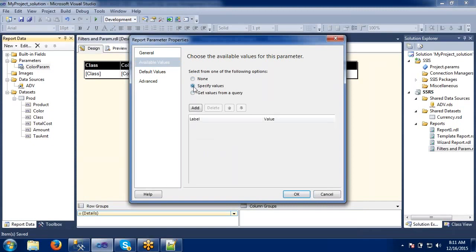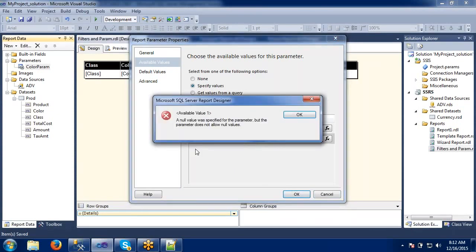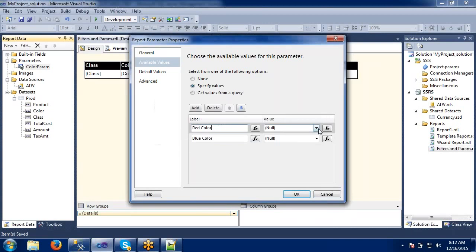If you want to add some label as red color, blue color, what happens is, let me check it here.